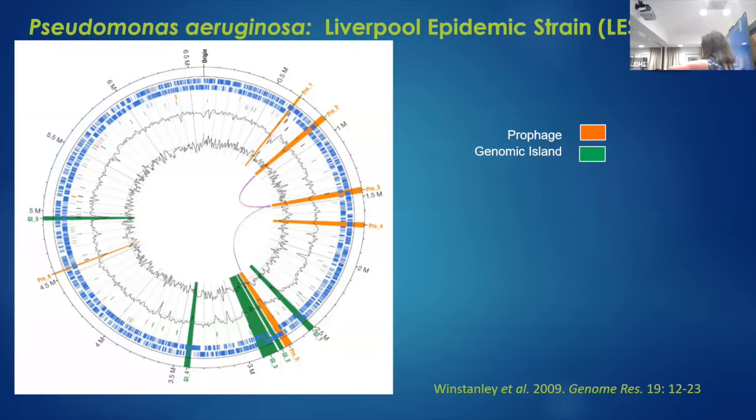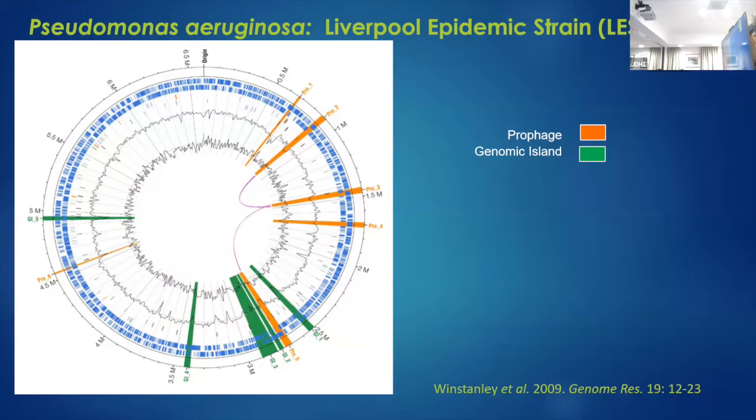Moving on to a new pathogen, and I'm watching the time. Here we have our Liverpool epidemic strain of Pseudomonas aeruginosa. When it was originally sequenced, there were 6 prophage areas that were identified. The first one is clearly not a prophage, but the others were, and Chloe James did this work again. She induced most of these phages from the cell, and we were able to put them into a related but different, less pathogenic background, into PAO1.